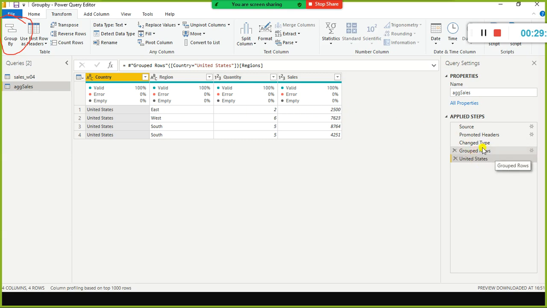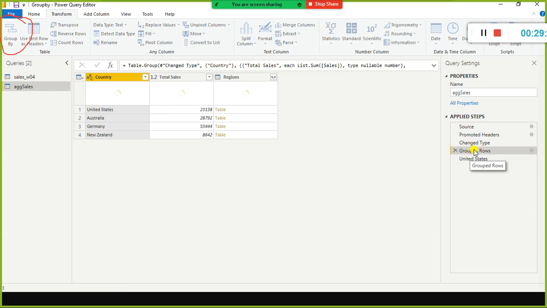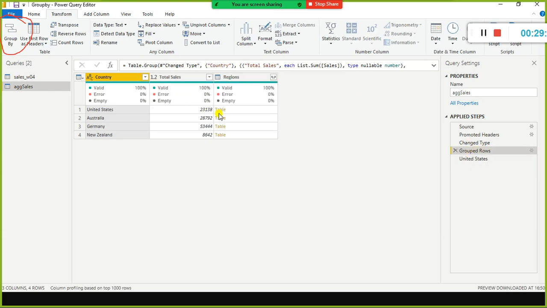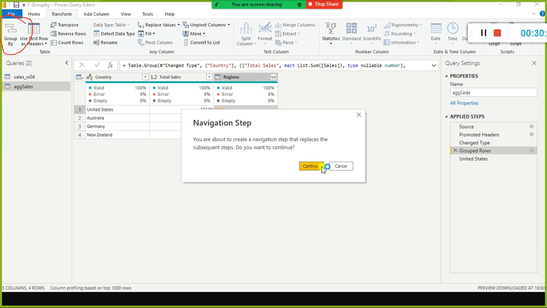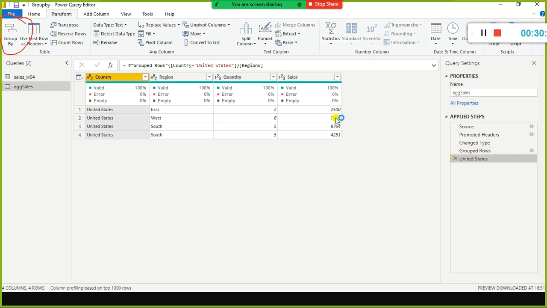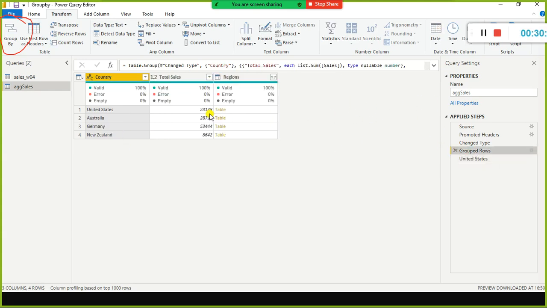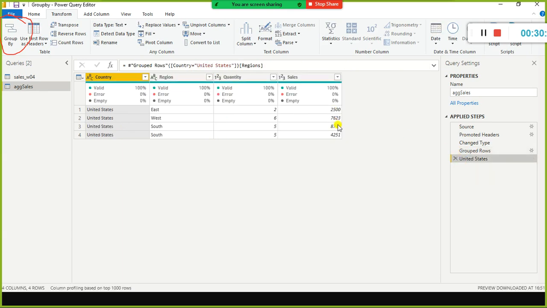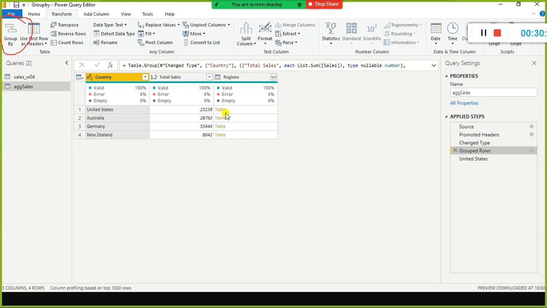For example, if I select grouped rows 23138, and if I select the table, these four sales values make up 23138. If you want to see the breakup of this one, when you click the table, it will show you this, and if you add all these values, you will get 23138.